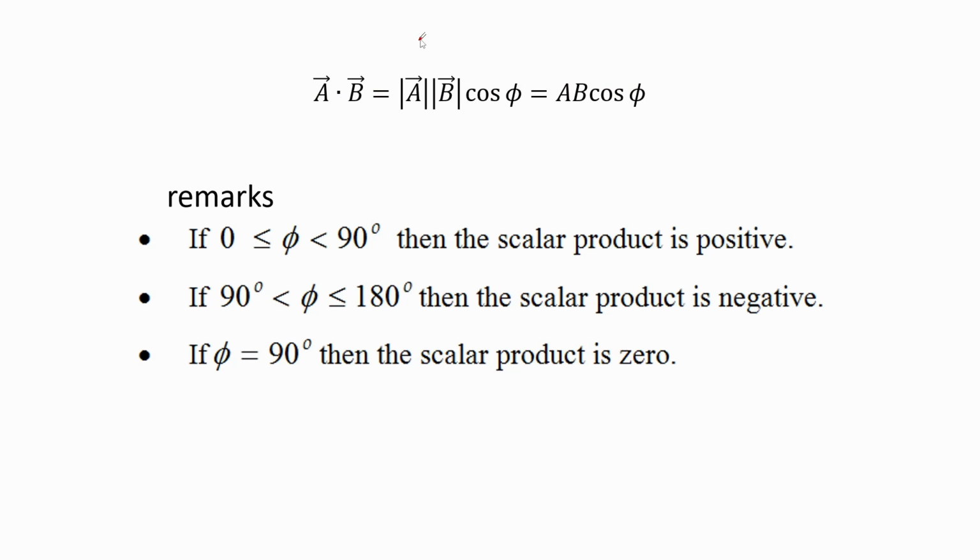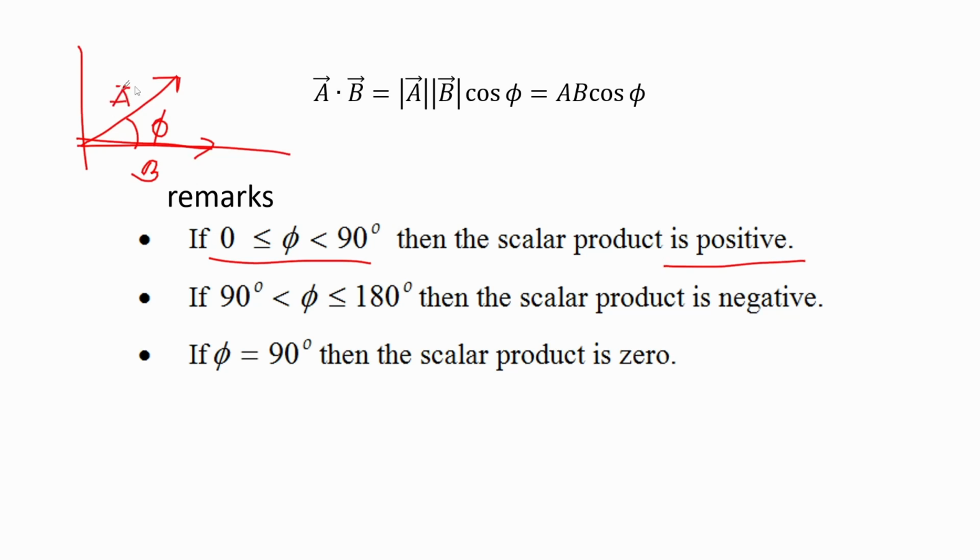The conditions that can occur for this equation are three. The first one is when phi is greater than 0 but less than 90 degrees. If we go back to the figure, you can have this one, with A and, let's say, B here. Greater than 0 degrees but less than 90, it's this phi here. This will result in a positive value.